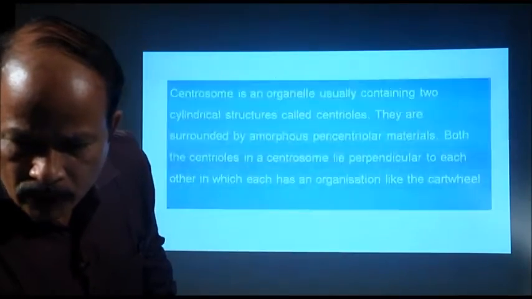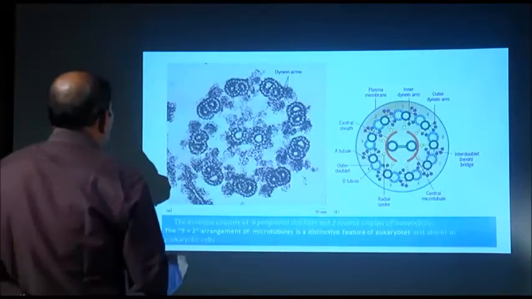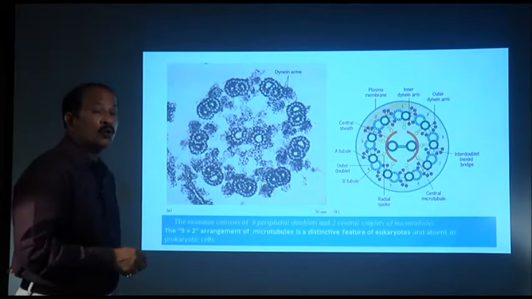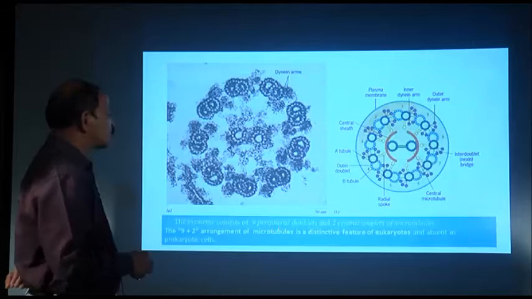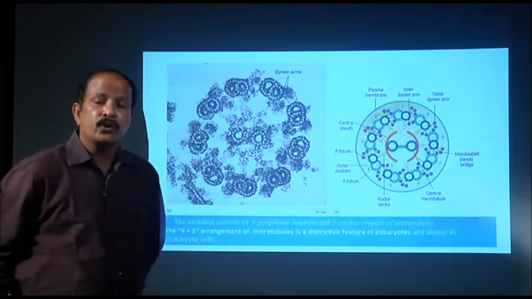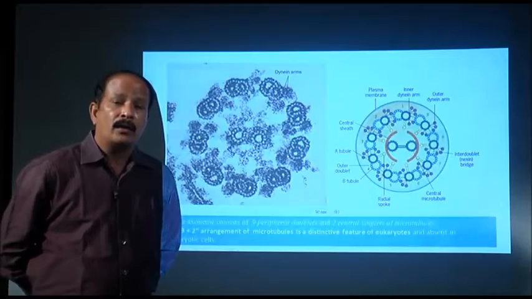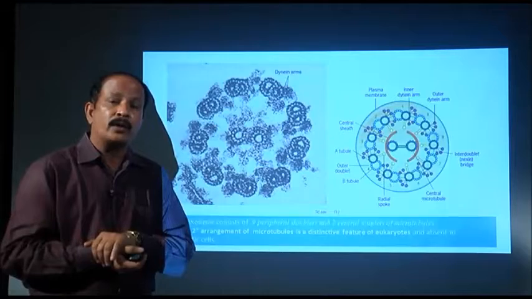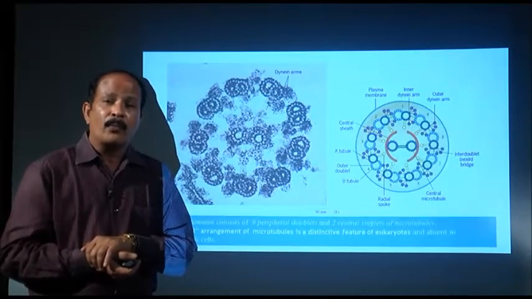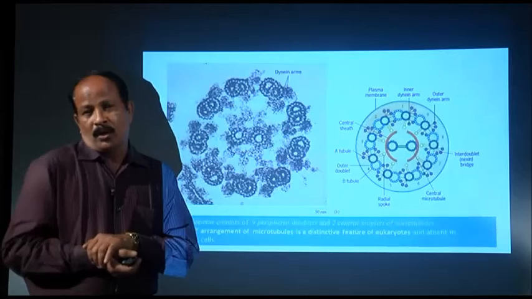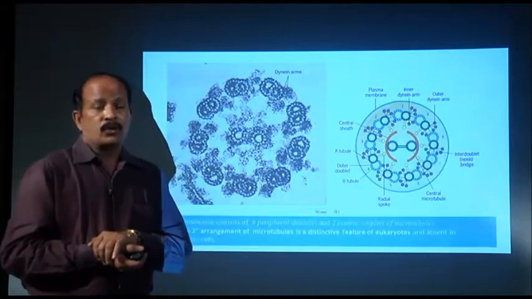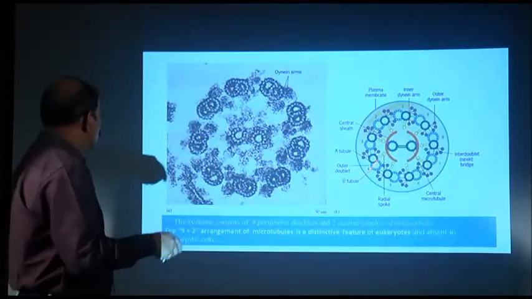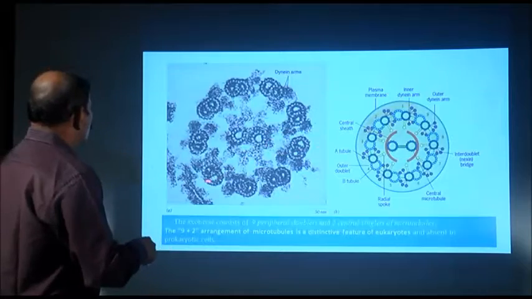Okay, let me tell you this one. So, cilia or flagella have the same anatomy, that is 9+2 arrangement. This 9+2 arrangement is the unique feature of eukaryotes. Definitely in our first class on the difference between prokaryotic and eukaryotic cells, eukaryotes have a 9+2 arrangement of microtubules, but such things are not found in bacteria. So, this is a distinctive feature of eukaryotic cells. Okay. So, what is this 9?